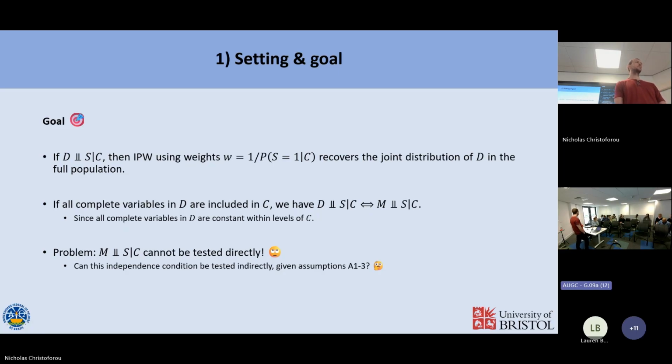Except in IPW, you know that the auxiliaries have to be complete. Otherwise, you can't use them. Whereas in MI, there's the complication that the auxiliaries themselves can be incomplete. In which case, you probably just... And then there's whether you put them in or not. Yeah. And again,